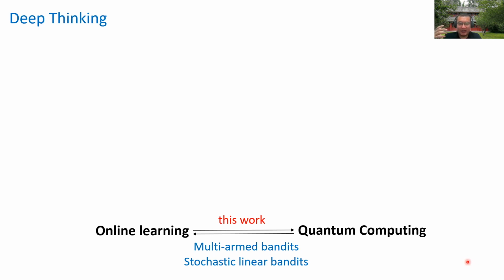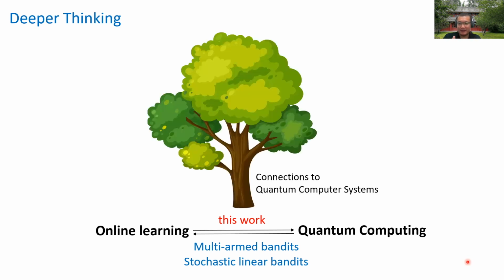We have been talking about the relationship between online learning and quantum computing. The talk is mainly about adaptive online learning of quantum states, more like using online learning for quantum computing. Very briefly, I mentioned that we can also use quantum computing to give fast algorithms for online learning. But maybe this is not deep enough, and we want to have even deeper thinking. Along the way of using online learning and machine learning tools towards the understanding of quantum computing, there are some more interesting things we can think about.